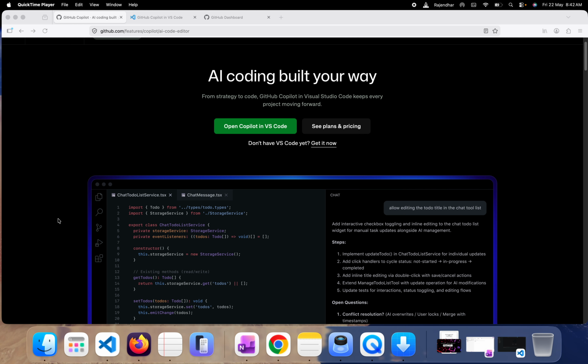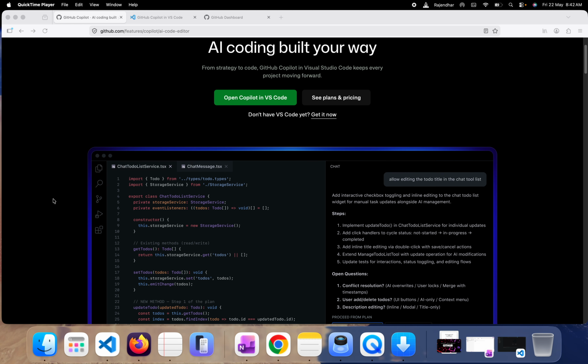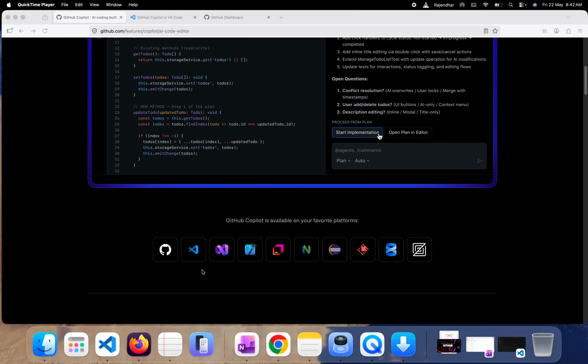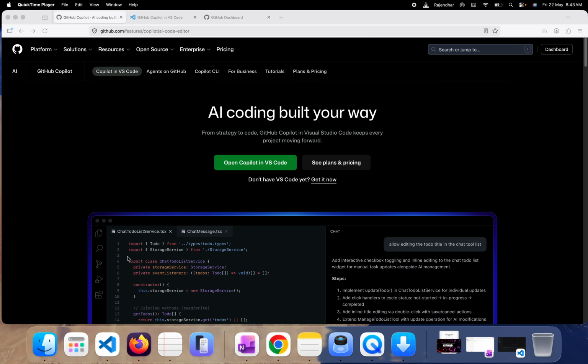We can use GitHub Copilot in different IDEs like Visual Studio Code, and these are the IDEs supported by GitHub Copilot. Now I'm going to show how we can use it in Visual Studio Code. So let me open Visual Studio Code,